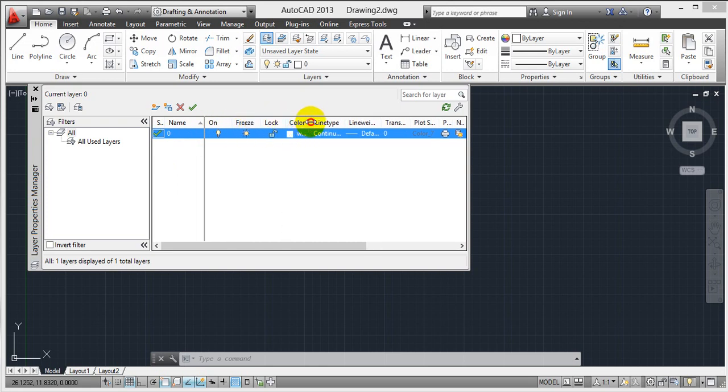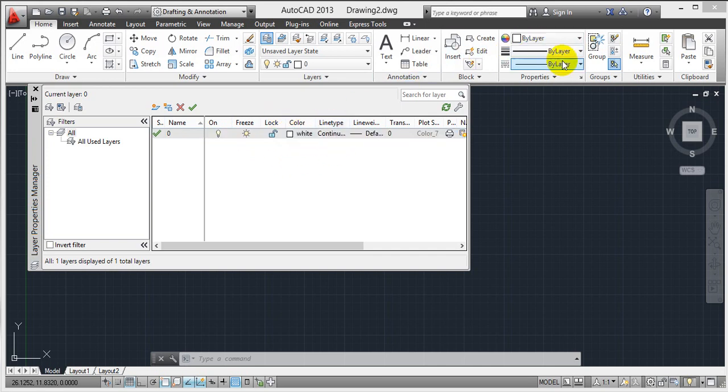These are very important ones. On means you can make visible the layer of what you have done in the zero layer. Next, freeze means it will be visible but we can't use modification on that layer. Next, lock means it won't move, it won't copy. Next, color of the layer and line type.